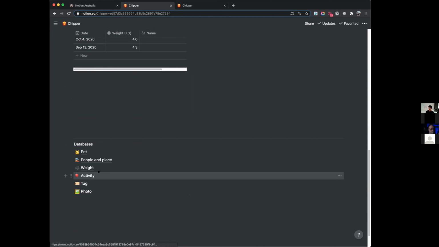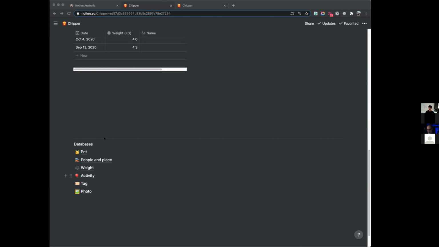And next two is fairly important. And I set it up in this way because it works best for me and might not be the best way for you. But I'll just introduce how I work on it anyway. So as I've described, the two databases are activity and tags. Activities are something I just do. Could be buying something for Chipper, could be taking him to the vet, could be doing a video for him, could be a health observation. I don't want to think about what that thing is, so I'm categorizing them as activity.